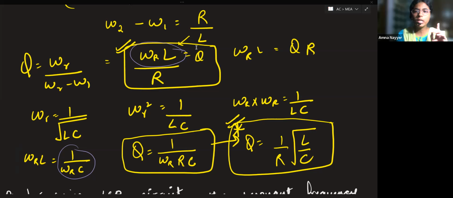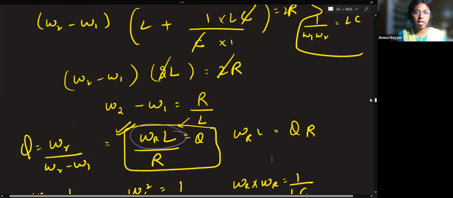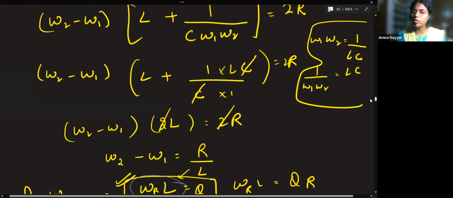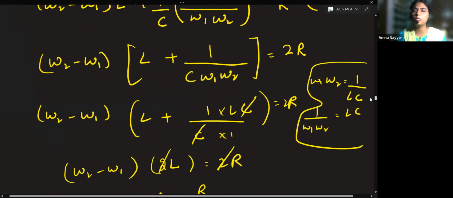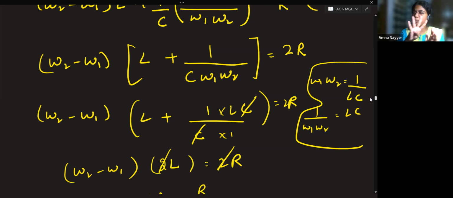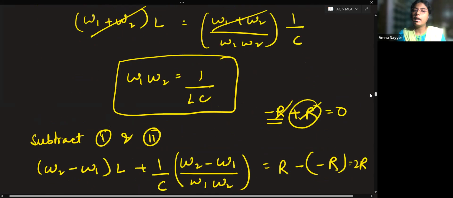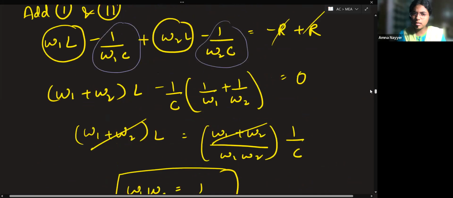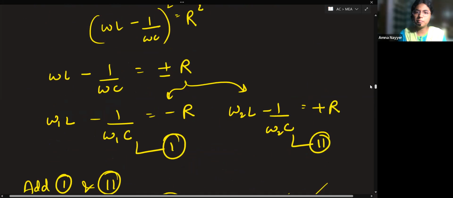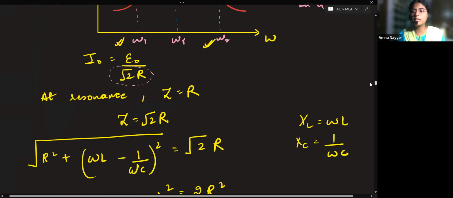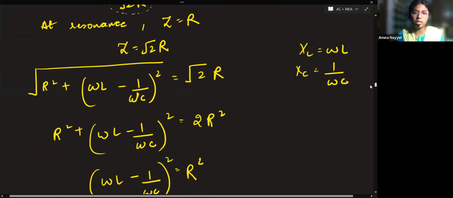Okay, if it's clear to all of you, do one thing. It's a long derivation, I agree. Try to learn in this part only: first part, then addition part, subtraction part, and ultimate substitution. In these four parts, try to remember this long derivation. In whichever step you get stuck, let me know and I'll repeat that step. I think for 15 minutes we have been doing this only, so some part can be confusing.